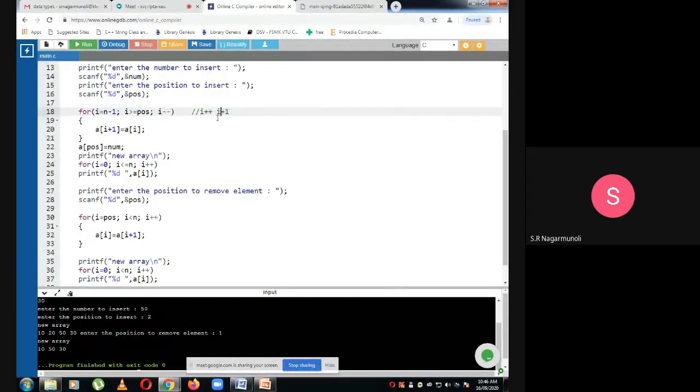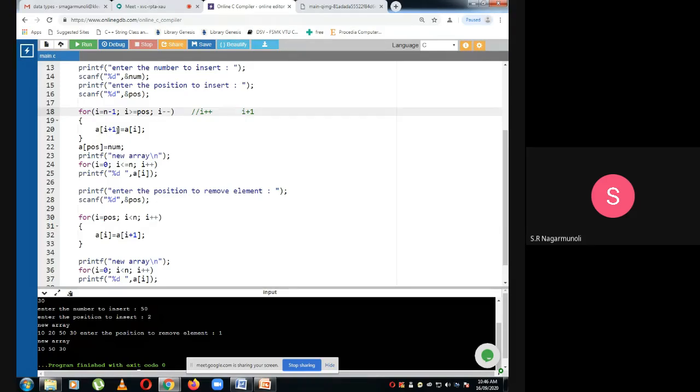These are two different statements. In i plus plus, the value of i gets incremented, so the value of i changes. When you write i plus 1, the value of i does not change. Only it is incremented and you are using it.